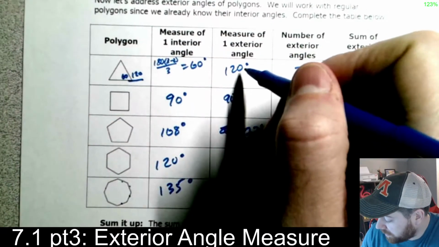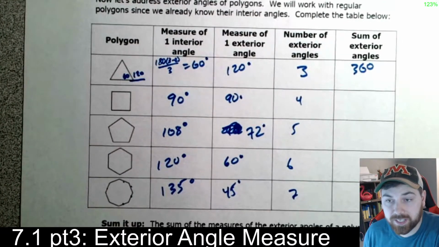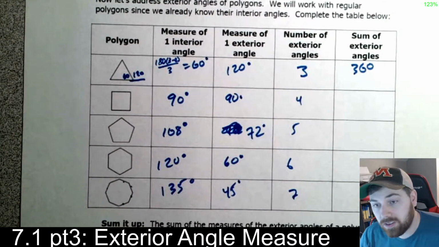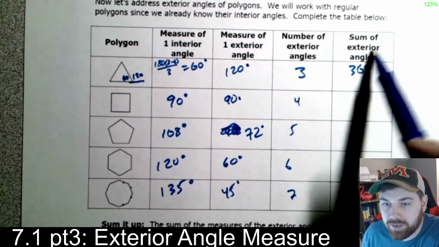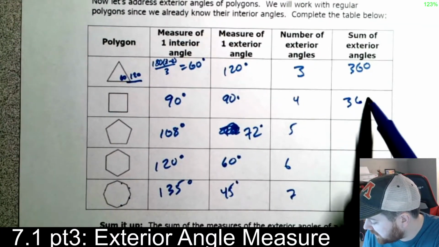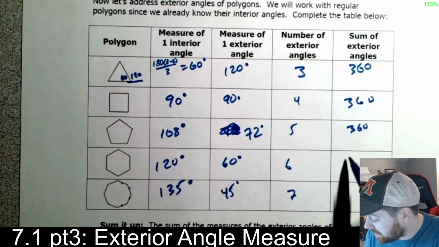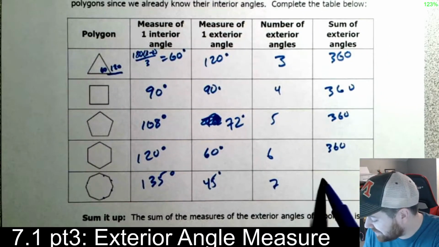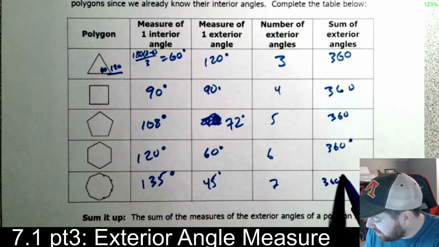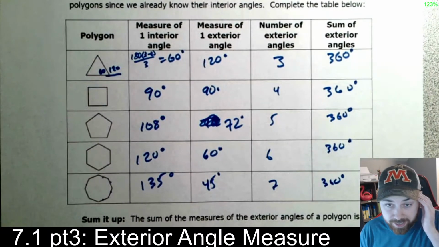Okay? Now look at this one. There's 120 for one of them, and there's 3 of them. So you take 120 times 3, you get 360. We're going to multiply these, all of them, this column right here and this column right here. 120 times 3, 360. 90 times 4, 360. 72 times 5, 360. 60 times 6, 360. Whatever this is times whatever this is, take a guess: 360. Okay? No matter how you look at this, the sum of the exterior angles of a polygon is going